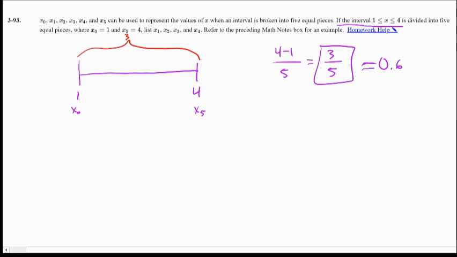Whether you want it in decimals or fractions kind of depends on the problem. In this case, it doesn't really matter too much, but basically when I go ahead and draw this, or I break this up into its pieces, this is going to be 5, 1, 2, 3, 4, hopefully that's 5 equal-ish pieces. And since it's going up by 0.6, I'm going to have this be 1.6, this be 2.2, then 3.8,